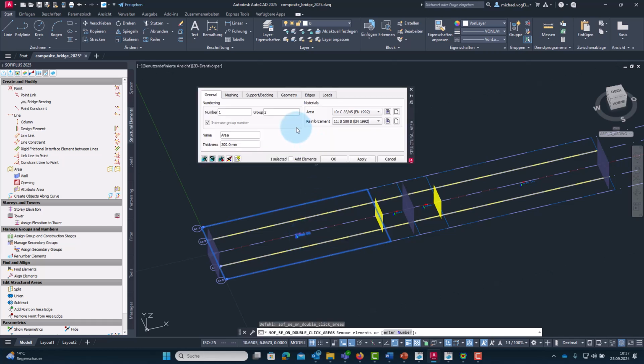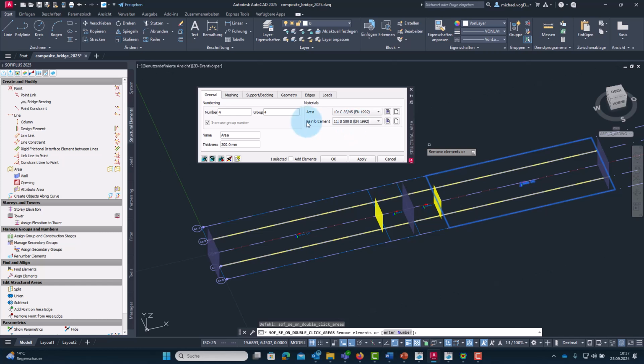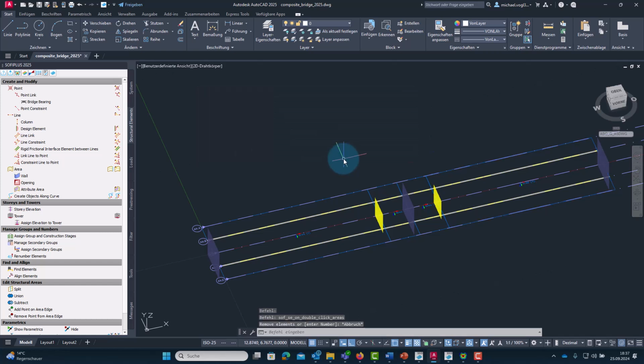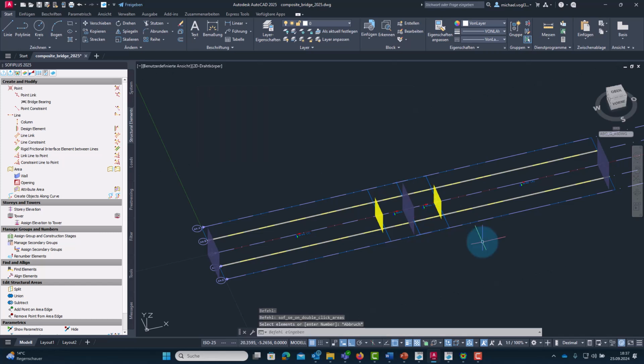So here we want to have group number 2 for the structural areas in the span that belong to an earlier concreting stage, and the area elements close to the inner support we want to have in group number 3 because they will get concreted at a later stage, and we use these group numbers to assign a correct construction stage number later on.